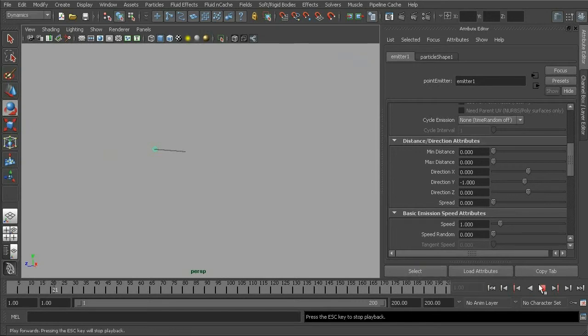Okay, again, rewind and play, and there we go. So a couple of different ways of controlling the direction that your particles are flowing. Below this, we have our spread. Now the spread will prevent us from getting sort of this little straight line. As we start to dial up our spread, we should start to see a little bit more of a spray